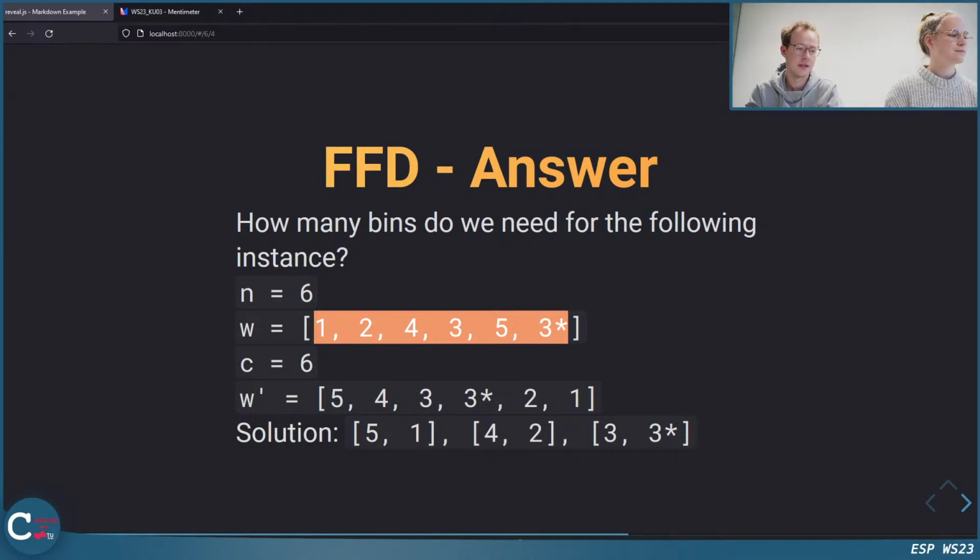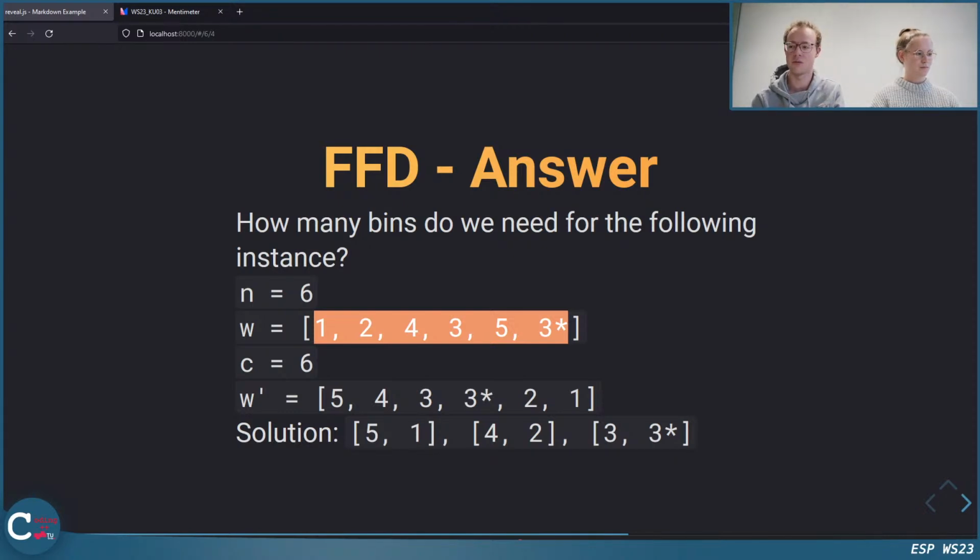Yeah. And another question I have, if you compare the next fit and the first fit algorithm with the first fit decreasing algorithm, there is some large difference between those, which I don't know whether it's very obvious, but there's really an important difference.